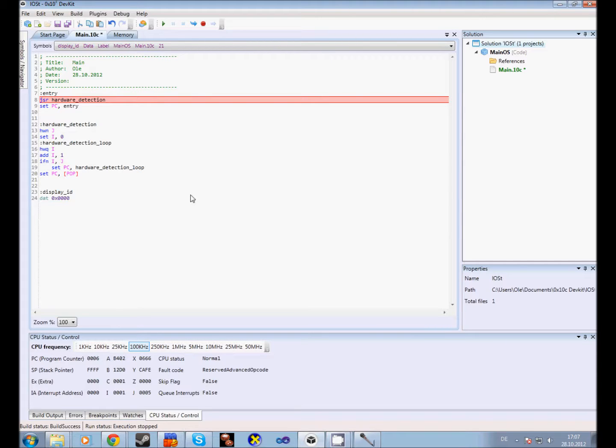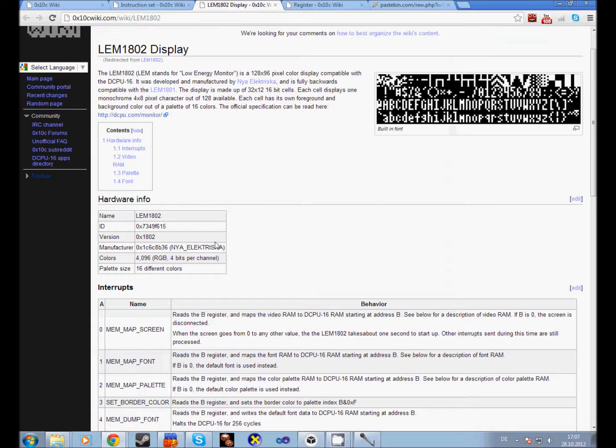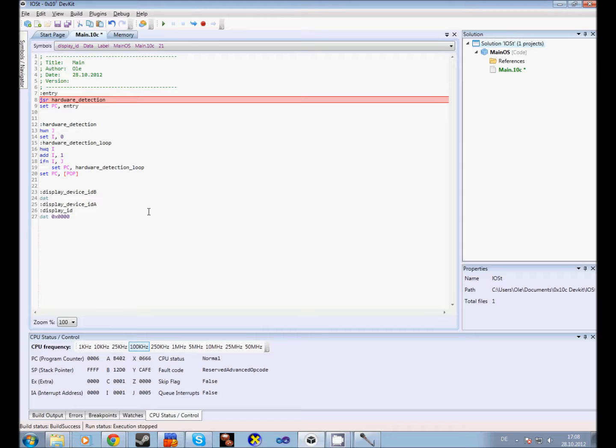So let's do this a bit more cleanly and have a display device ID B and a display device ID A. And this one, whoops, this one will be our first bit: 0x7349, yeah, 7349. And this one will be F615. So F615. And what we want to do now is, after our hardware query, we could look up if